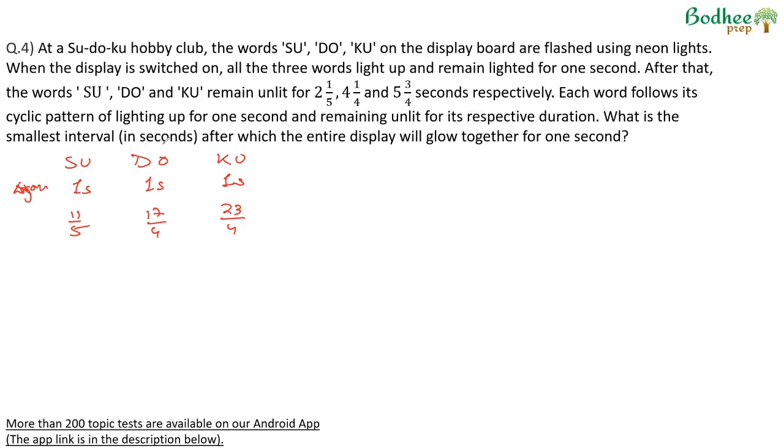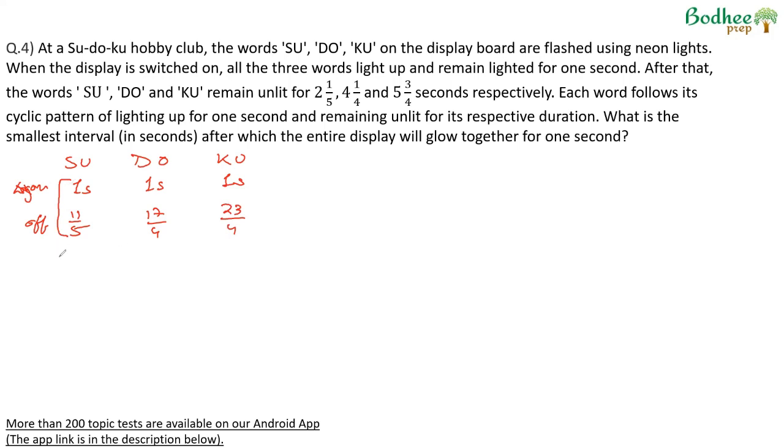What is the smallest interval after which the entire display will glow together for 1 second? Okay. Now the light switches on, then is off, will switch on and off. So this entire cycle, that is from starting on to going off, and then again coming on, will happen